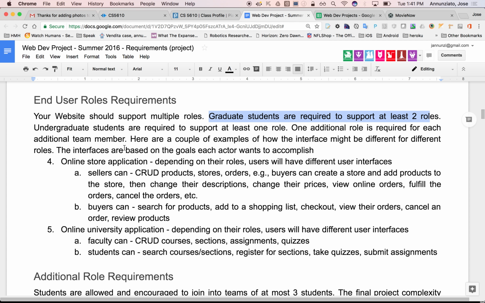For each user, you need to identify what the various use cases are, right? What are the things that those users want to accomplish, right? Depending on your domain, those actions that those users might want to accomplish are typically related to the domain objects that they want to manipulate. Okay, whether those objects are movies or songs or restaurants or whatever. Users or sellers or buyers or fans, they would like to be able to create these things, remove these things, update these things, whatever domain objects you decide. So you need to identify what those